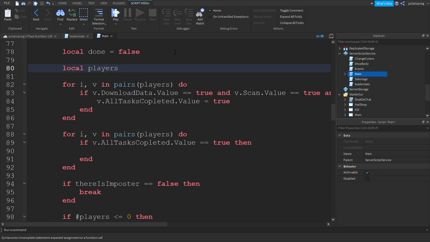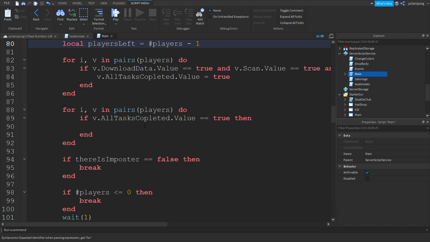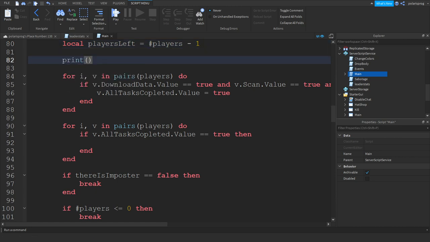Local playersLeft is equal to the number of players minus 1, and we're gonna print playersLeft. In here we have to, like, I don't know, we have to check if